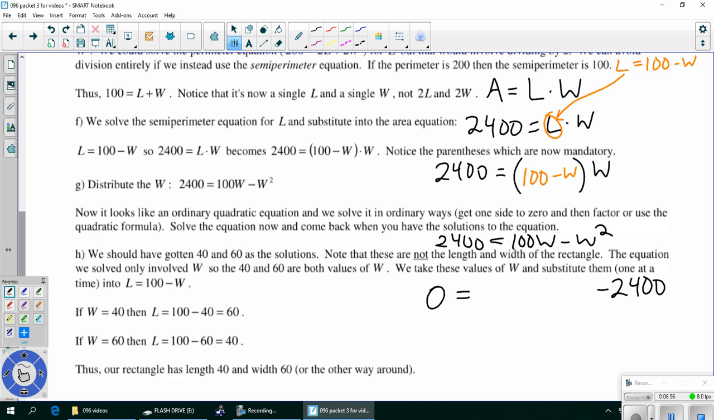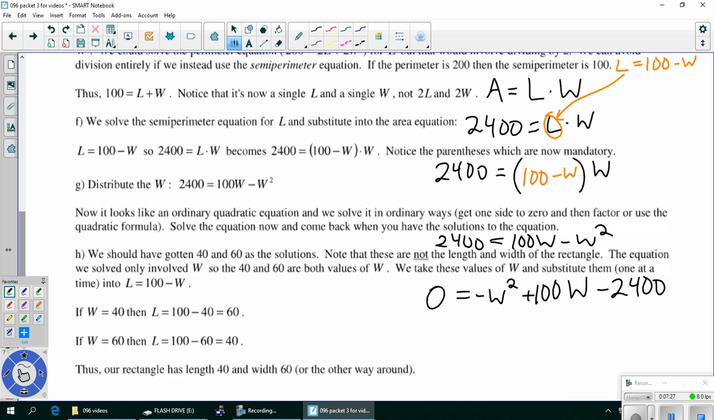I like my W squared to be first, so I'm just going to shuffle the W squared to the front. It's still minus W squared. I haven't moved it to the other side of the equation. I've just shuffled it to the front. And then the 100W was really positive 100W, so it's still positive 100W. Just that this is in our standard order with the squared term first, then the first power term, and then the constant term. Okay, and then you solve that equation by either factoring, maybe greatest common factor first,